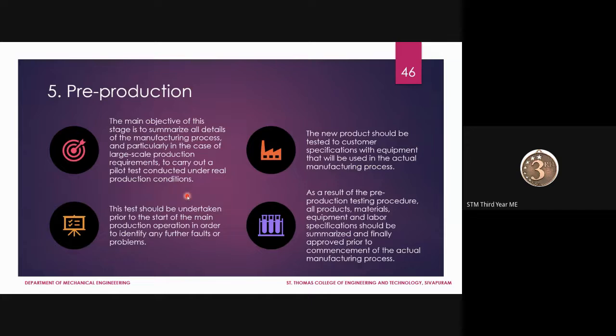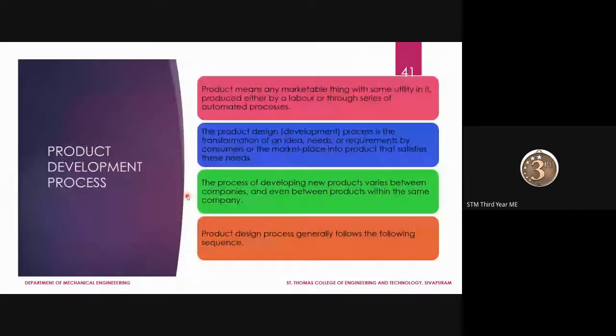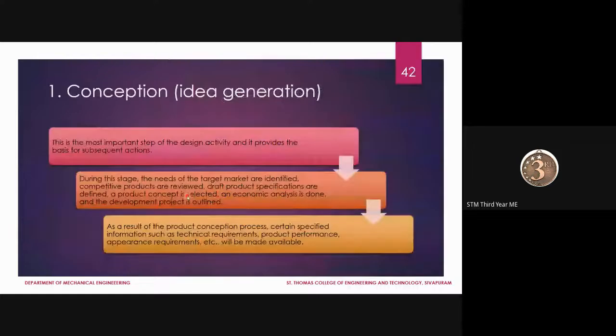And after these 10,000 units or these 1,000 units produced get approval from the customer, then it goes into the production stage. So basically there are only 5 stages here, and these are the product development processes involved. The first one was idea generation, wherein we will generate an idea on the basis of the requirements stated by the customer, and from that idea generation